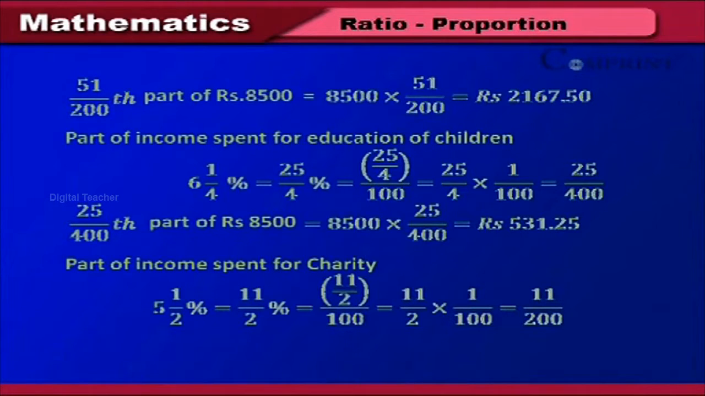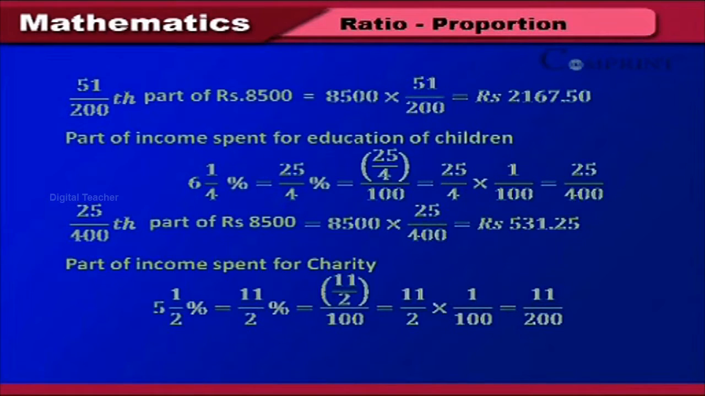2,167.50. Part of income spent for education of children 6 1/4% is 25/4, which is 25/4 by 100, which is 25/4 into 1 by 100, which is 25/400. 25/400 part of rupees 8,500 is 8,500 into 25/400, which is rupees